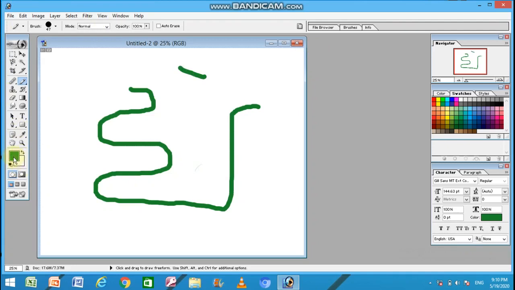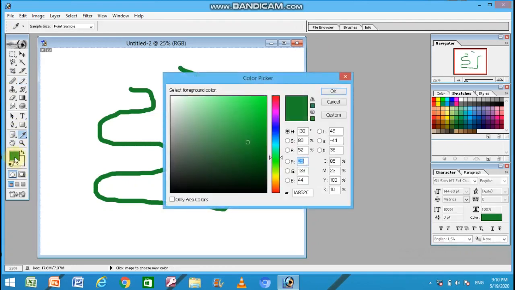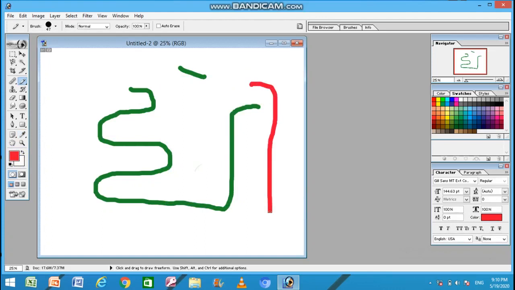You can change the pencil color by clicking this foreground color. Click here, select the desired color, and then click on OK. You can see your foreground color is changed.